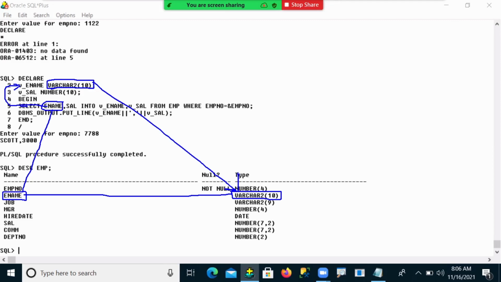Whichever column data you are storing into a variable, that variable data type must and should match the column data type. The ename column in my table is varchar2 data type, so the variable storing that column data is also varchar2 data type.